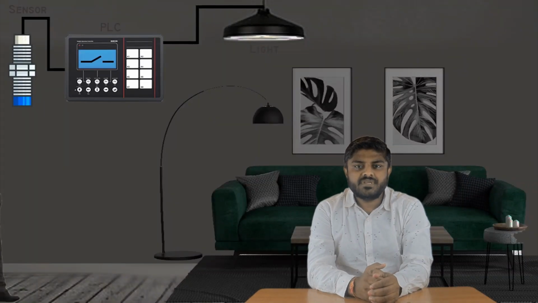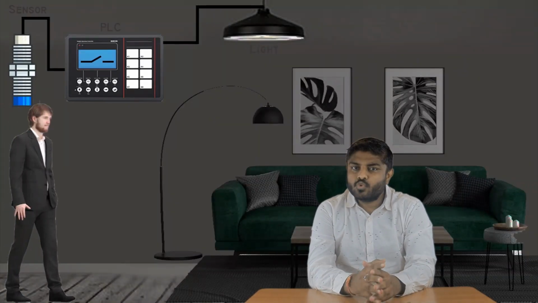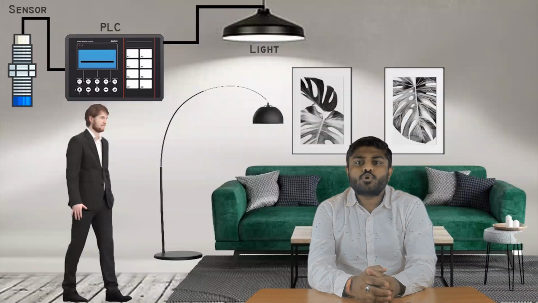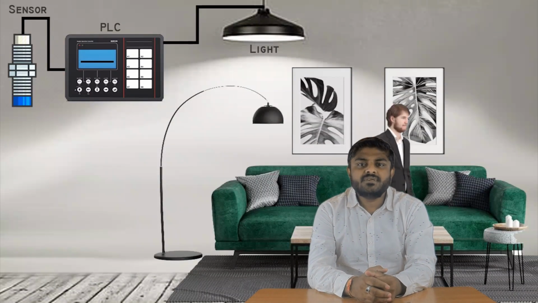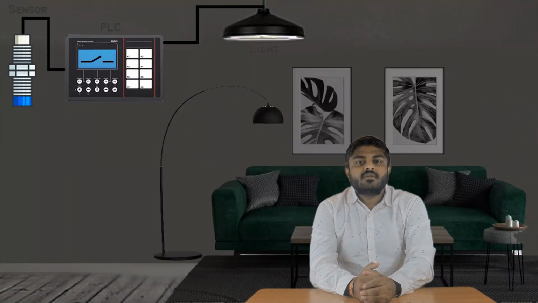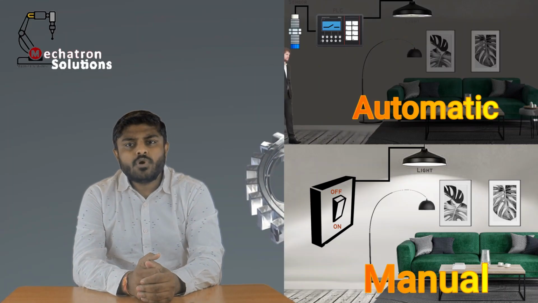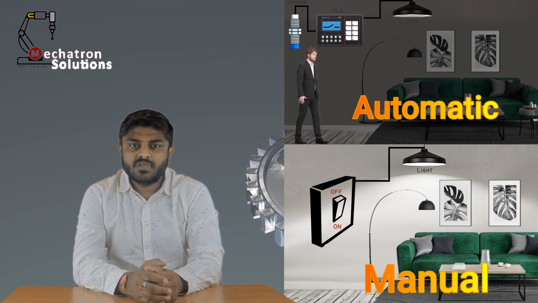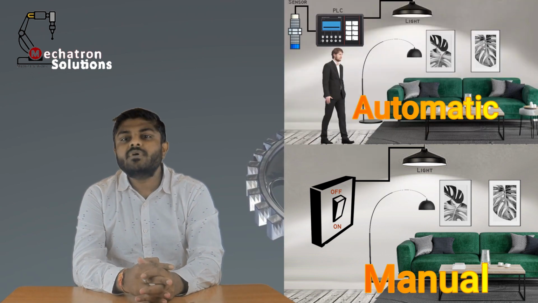A simple and basic example of automation is automatic light in our home. It switches on automatically when a person enters the room and automatically switches off when the person leaves the room. This automation system is not used in our houses nowadays, but people are preferring manual switching. Let's assume what will happen when most people start using this automatic system in their life. It will surely be a tremendous change.